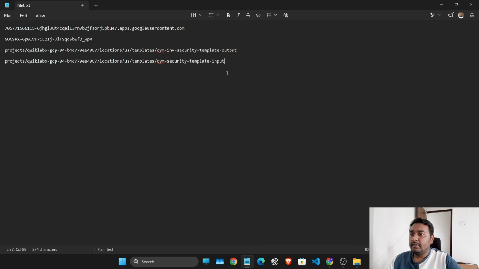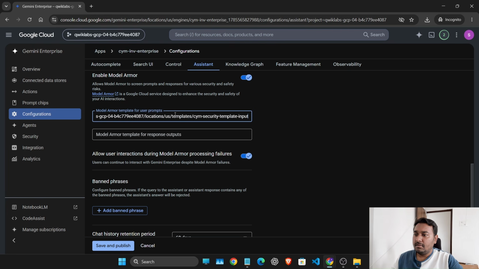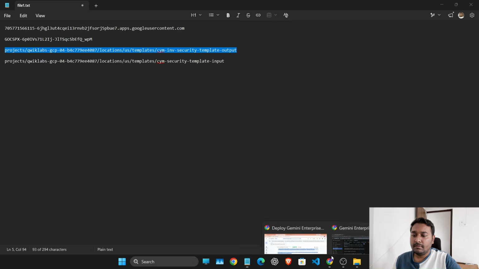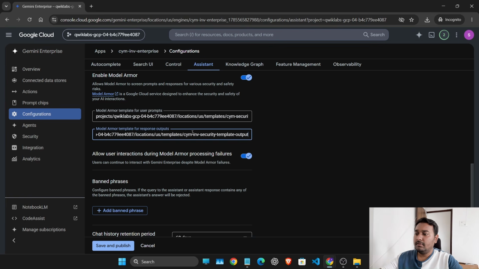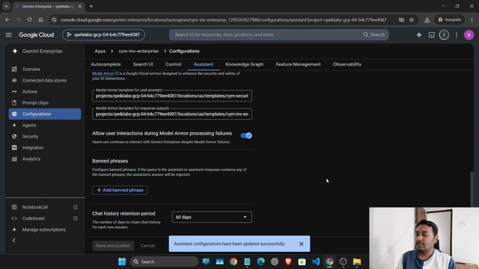We have copied these two templates. We will paste them one by one, this input template here and the output template here. Save and publish. I'm not sure this is going to work. Let's check